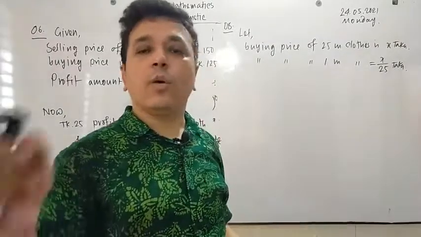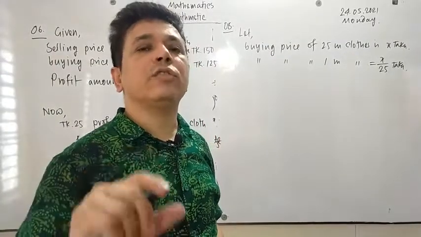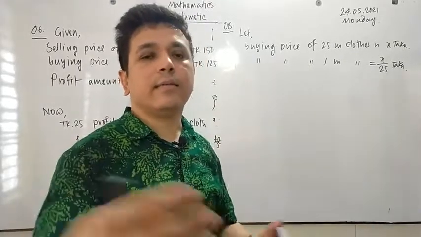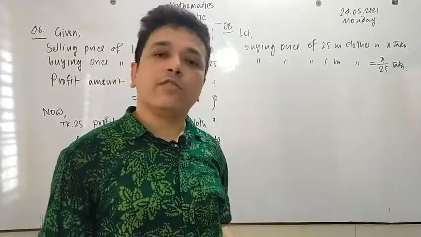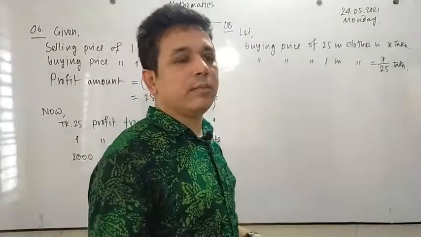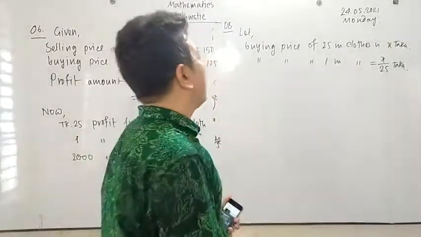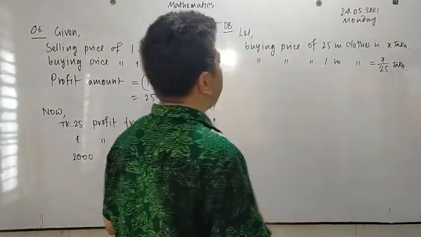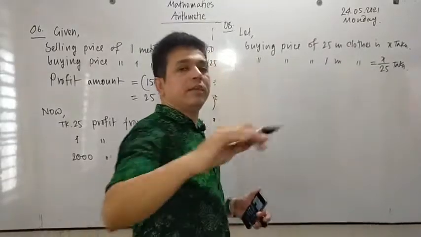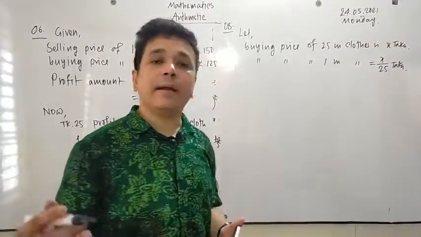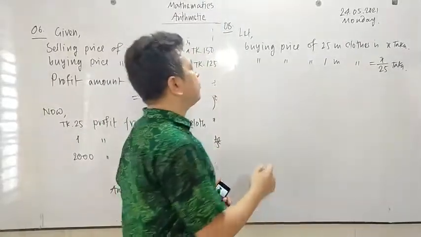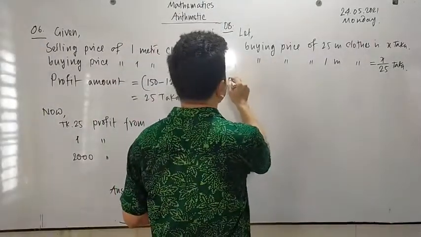It's very simple. All the time just choose the easy way to find it. Okay, don't choose the difficult way. I think sometimes you can forget how I solved this problem before, so that is why I'm trying to give this easiest way to solve the problem. So the buying price of 25 meters of cloth is X taka, the buying price of 1 meter of cloth is X by 25 taka, and the selling price of 20 meters of cloth is the same as the buying price of 25 meters, of course, and the selling price, now,